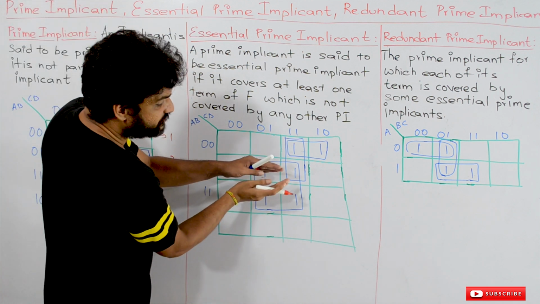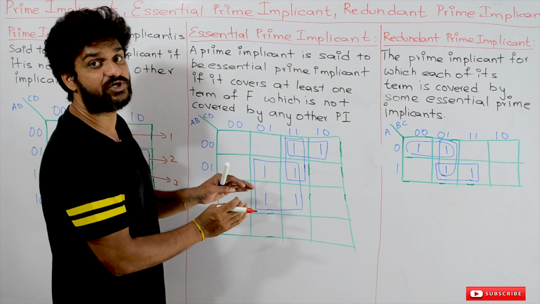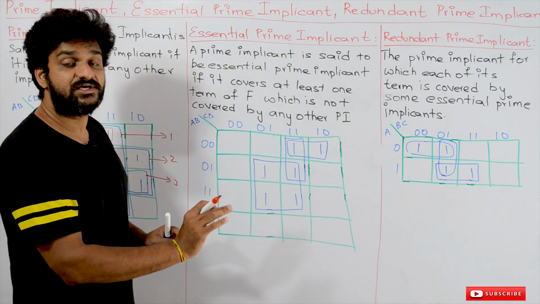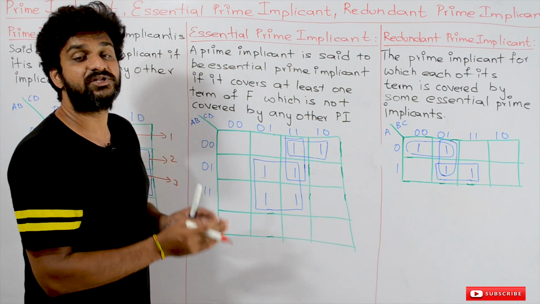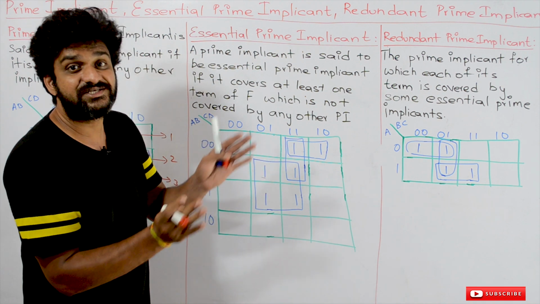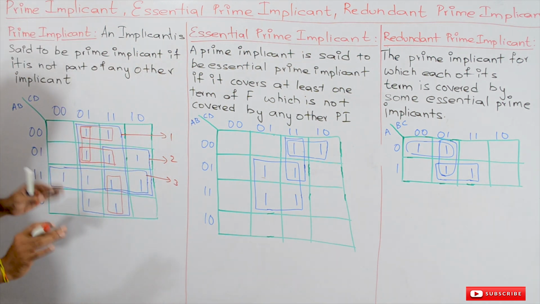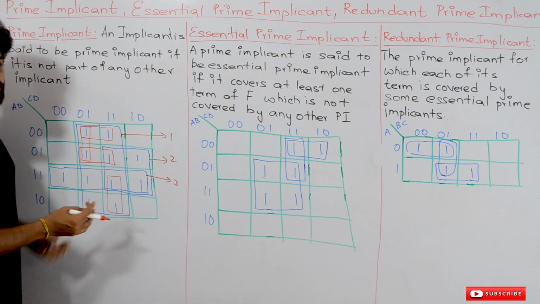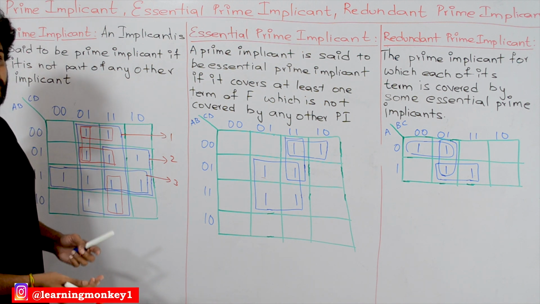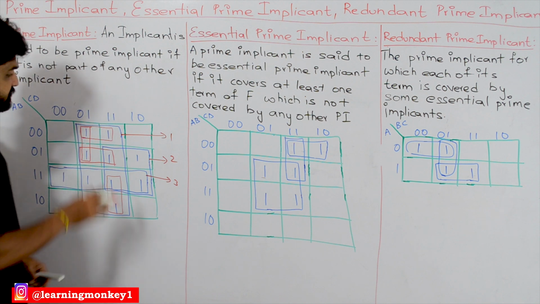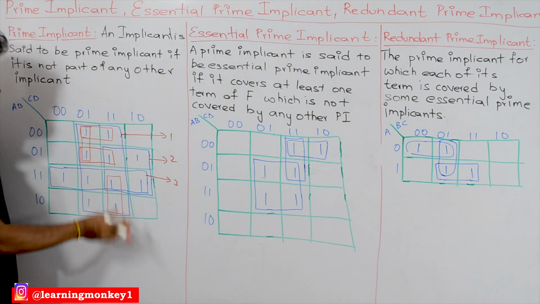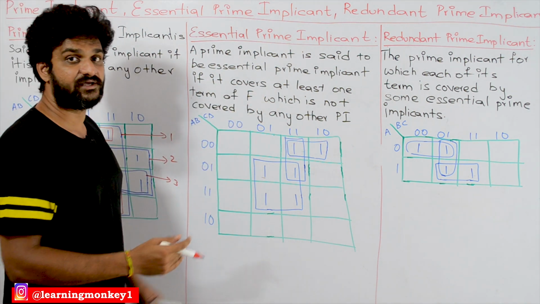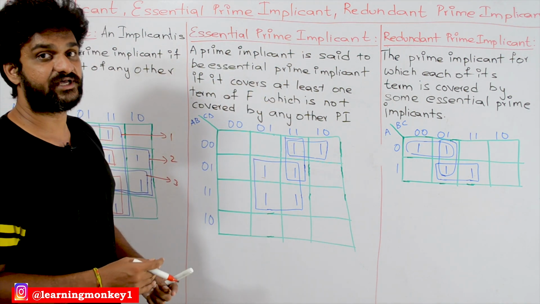That is the reason why we have taken the biggest implicants possible. This point is very important to understand, because the minimization is not possible if you haven't taken the biggest prime implicant possible. For example, if you consider all these red implicants also, do we get the minimal equation? No. It is not possible to get the minimal equation. Every red implicant also is going to add some terms, as we have already done the minimization by using the K-maps.